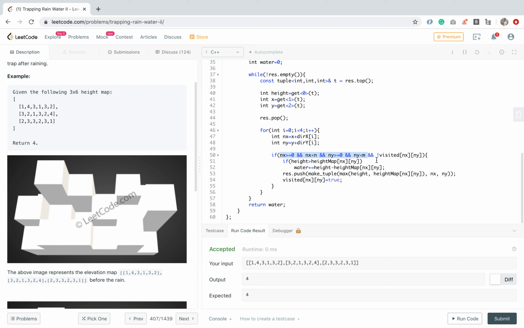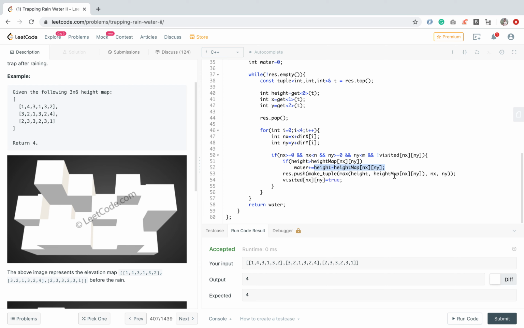Then if it is not visited, we check whether the height of the neighbor is less or not. If it is less, then there will be some water in the neighboring node, and the water content will be the height difference. And then we push the neighboring node also.